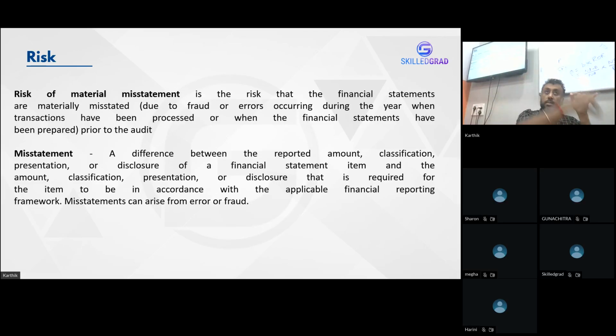Classification is wrong. So the misstatement could be on account of incorrect classification, incorrect amount, or presentation, such as a current liability shown as non-current liability. Or certain disclosures, which you would have learned in FR, that have to be disclosed. The mistake is done because of an error or fraud. What do you mean by error? Error is something unintentionally done by the management. Fraud